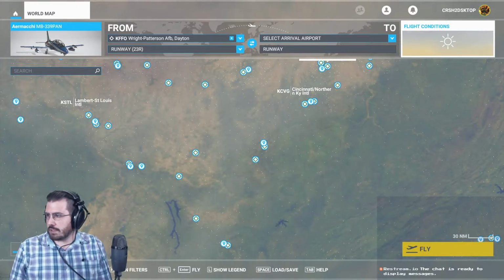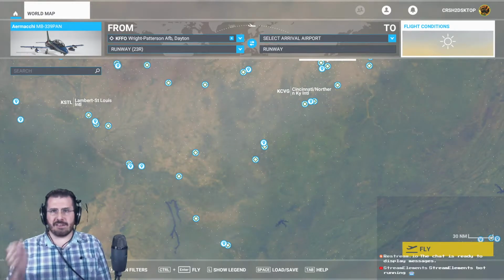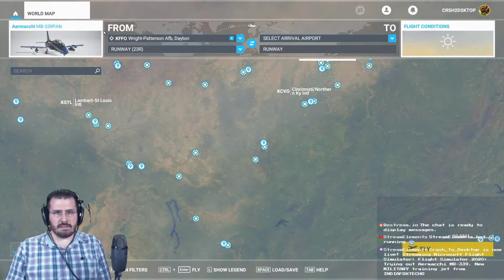I may be butchering this. This is the Aermacchi MB-339. MB-339. This is a military training jet. Finally, it's not in the marketplace yet. Not yet. I had to buy it off of